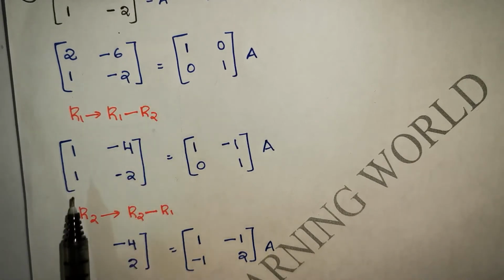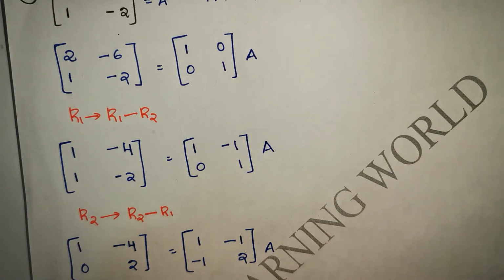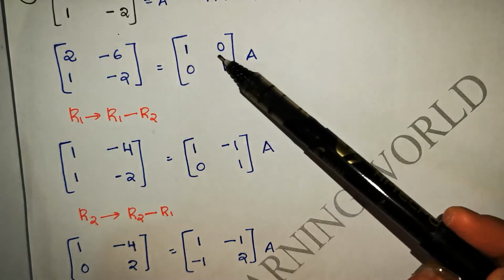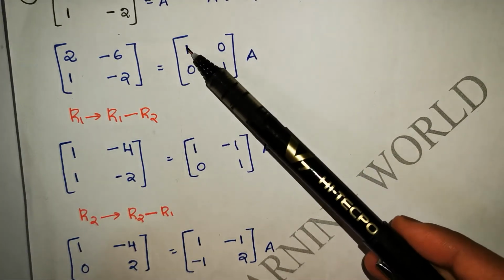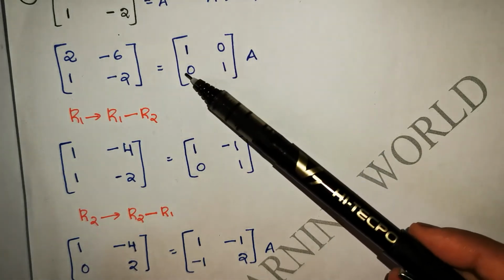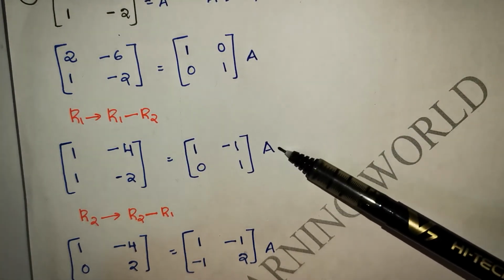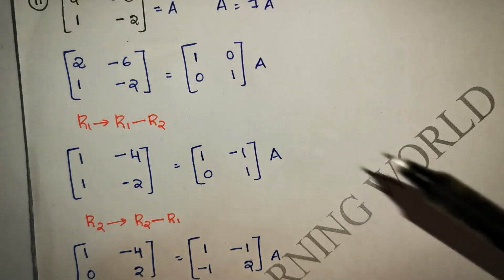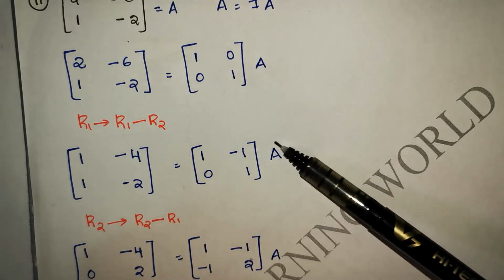So here as it is, 1 minus 2, that is equal to. Here also we have to do the same operation. So here also you have to change the first row, R1, accordingly. R1 is changing to R1 minus R2: 1 minus 0, here I can write 1. Here it is 0 minus 1, which is minus 1. And the second row as it is, 0 1. So I am writing this A. Don't make any changes in A. At the last step we take the inverse of this matrix, 1 by A, that is A inverse. So we keep this as it is.